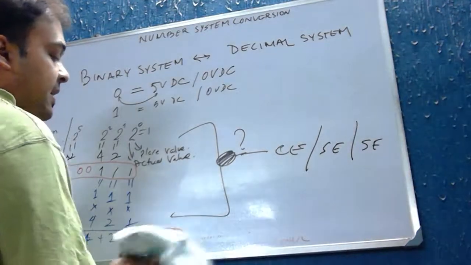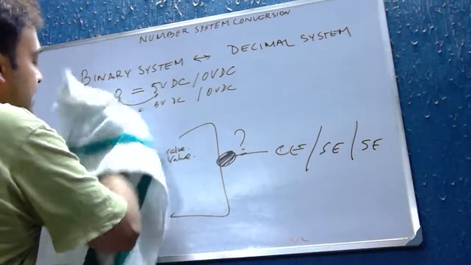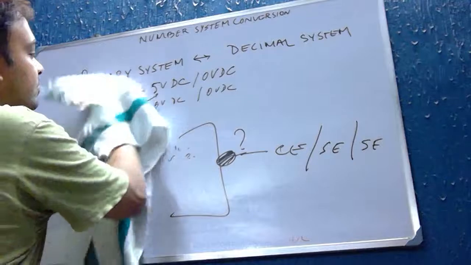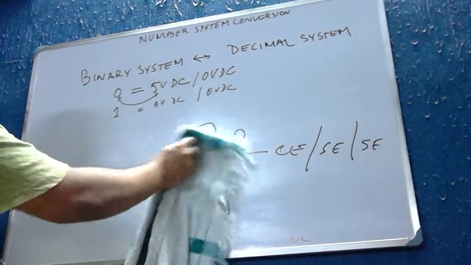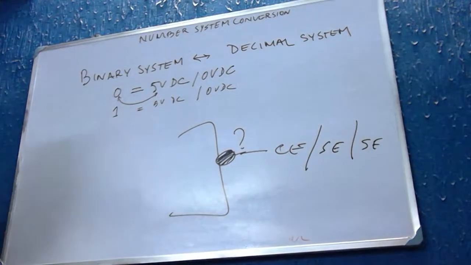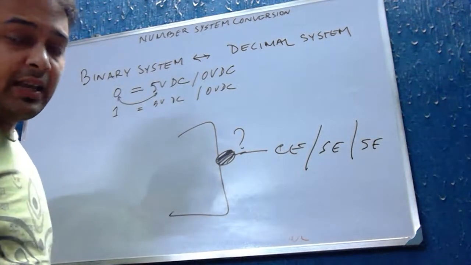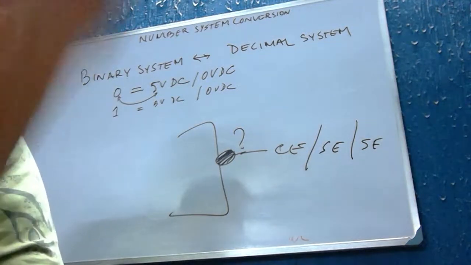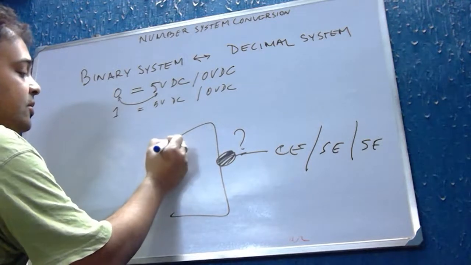It basically doesn't make any difference if you are converting any big number. You just keep multiplying that particular number and the place value and the actual value, that is 2 to the power of 0,